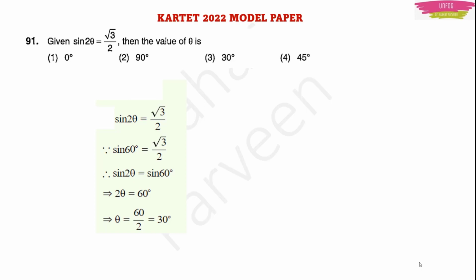right? Sin I can cancel. Then 2 theta will be equal to 60 degree. With this, theta will be equal to 60 by 2, which will be equal to 30 degree. So this is the trick you have to use while solving all trigonometry based numericals. Okay, you have to interconvert numbers to angles, angles to their values. Okay,